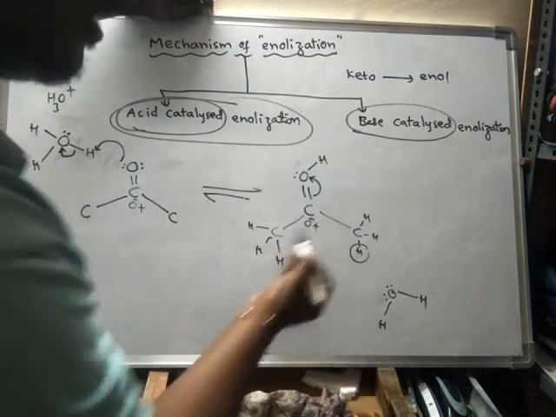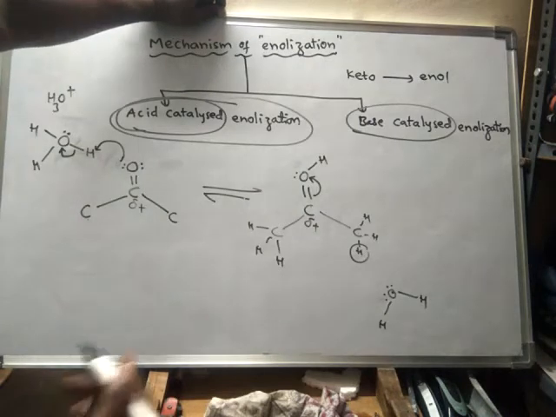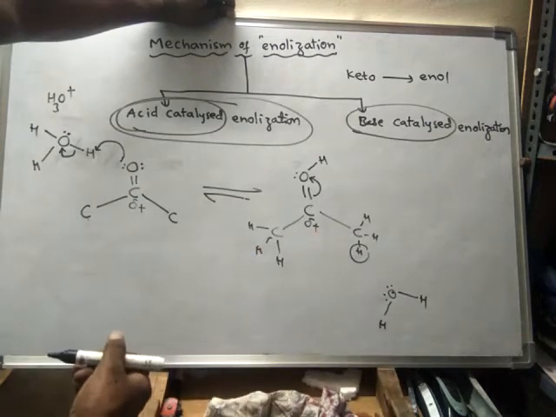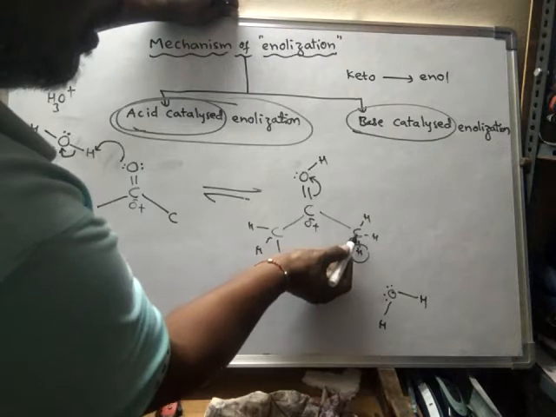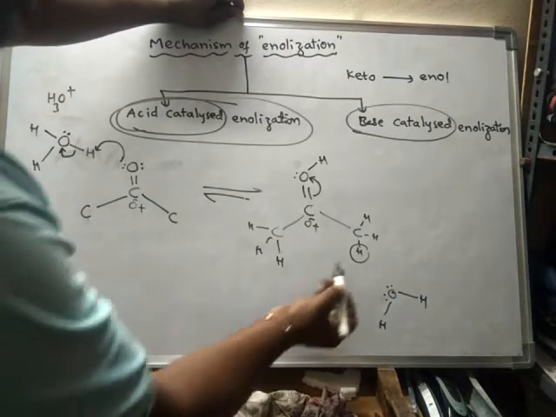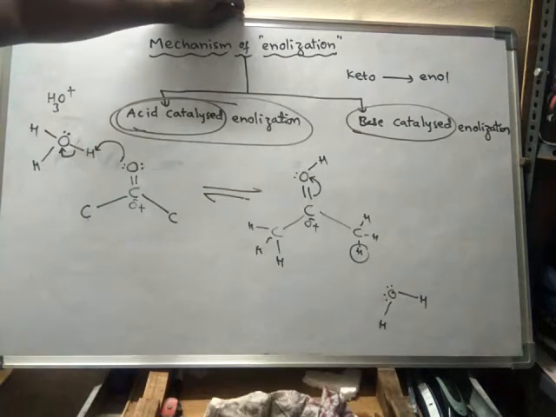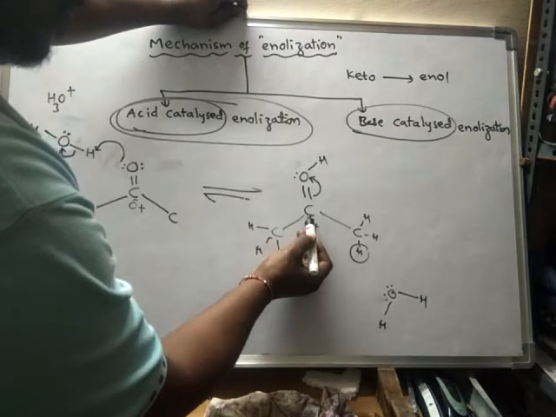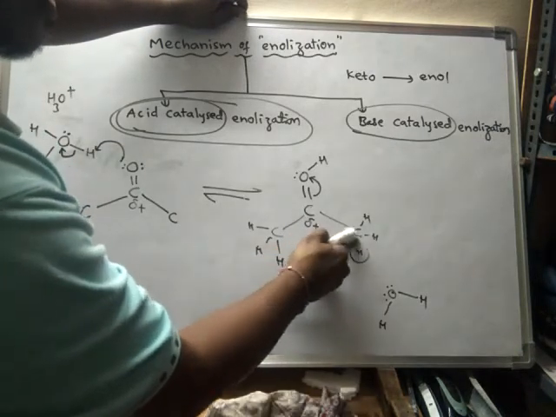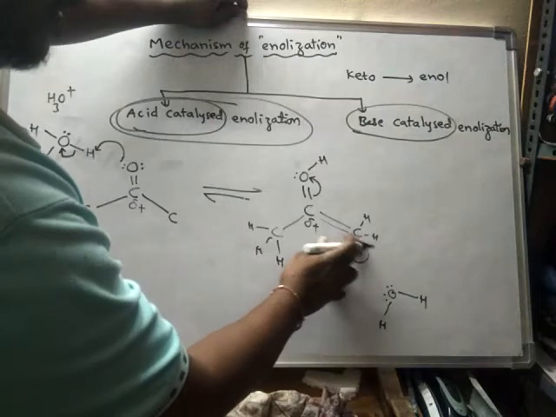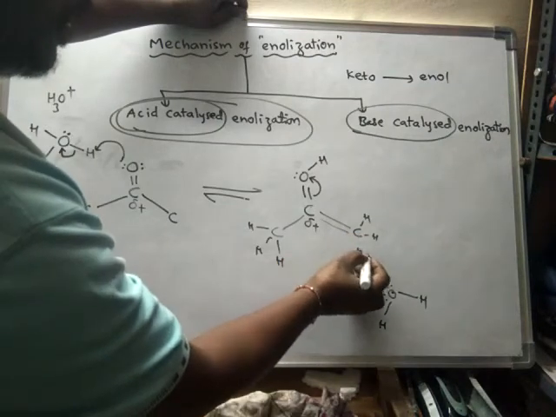Now this carbon will try to get electrons. Where is this carbon getting electrons from? Here the bond between alpha carbon and alpha hydrogen is ready for breakage, because this is alpha hydrogen, and it is ready to form into an H plus ion. So this carbon will show its influence on these electrons, so that this bond will shift here. This bond will shift here, so that this hydrogen will become a free H plus ion.